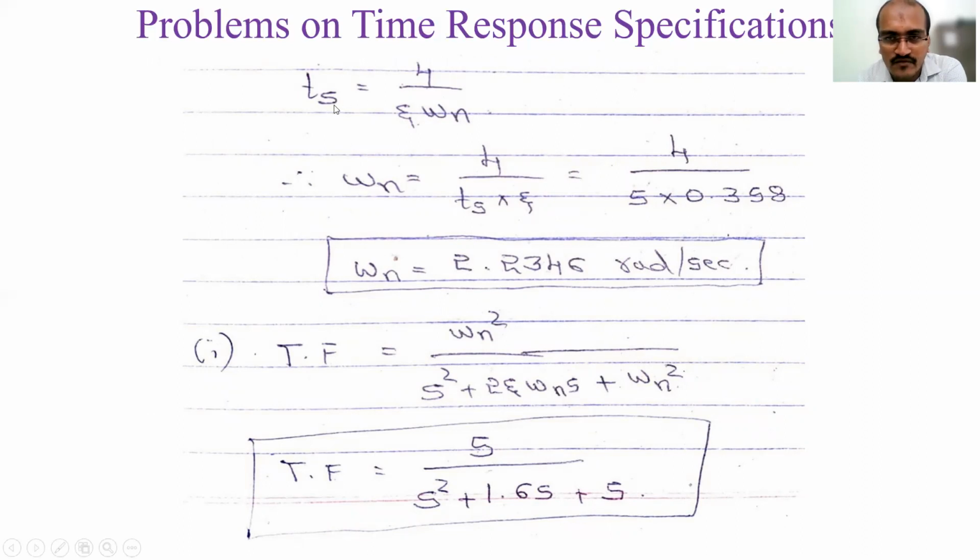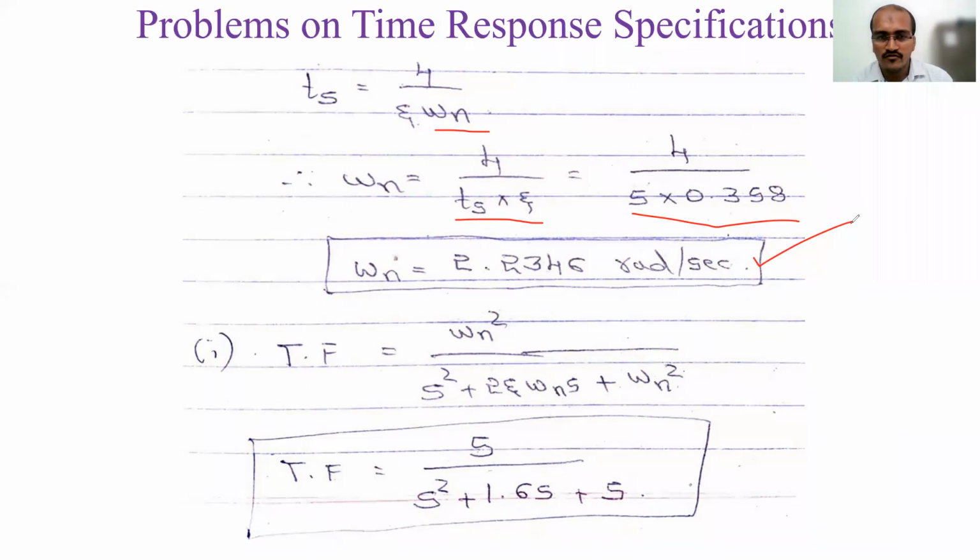You know the TS value, which is given as 5 seconds, and the zeta value we have calculated is 0.358. So now you need to calculate omega n. What is the omega n formula? 4 by TS into zeta, right? TS comes in the denominator, and omega n goes to the numerator. Just substitute the values 5 into 0.358. 4 divided by this value will give you 2.2346 radian per second. You can use the calculator to verify the answers. So you got zeta and omega n, and once these two are known, you can find any of the values.